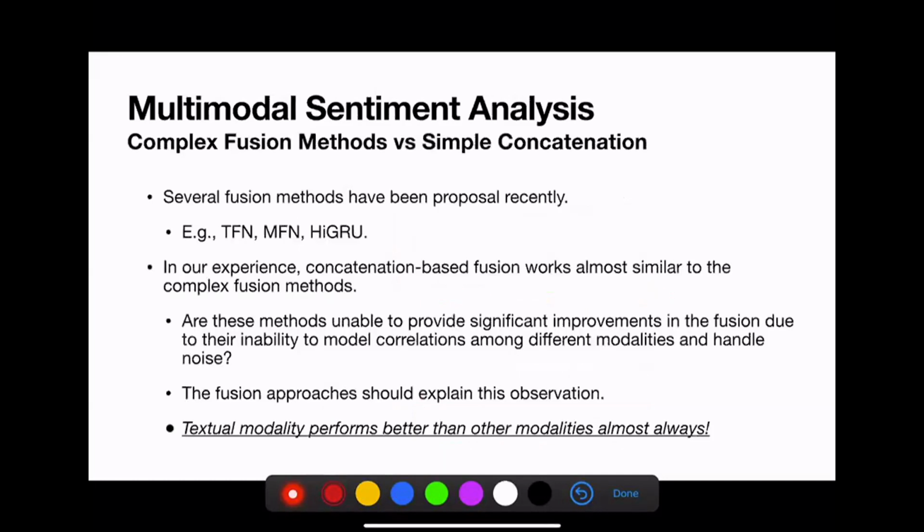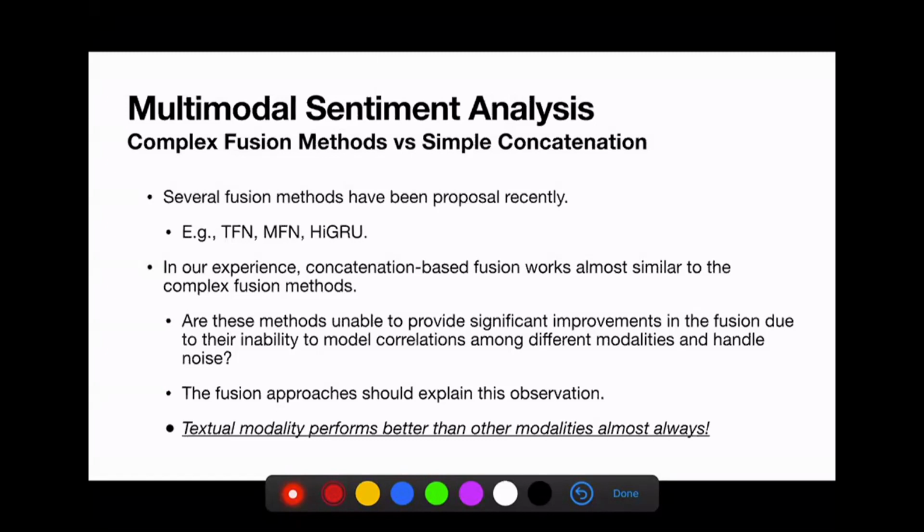Okay, so now what are the challenges and what are the new directions in this research? There are many complex fusion methods available in this domain. The field of multimodal emotion recognition started earlier, but multimodal sentiment analysis started, I think, in 2012 by Rada and LP Morency from CMU. Since then, we have a number of new frameworks like TFN, MFN, HiGRO, to do multimodal sentiment analysis. But in our latest study, we observed that all these systems perform quite similar to simple concatenation based systems. So when you just concatenate several heterogeneous features, you get almost similar results to these complex